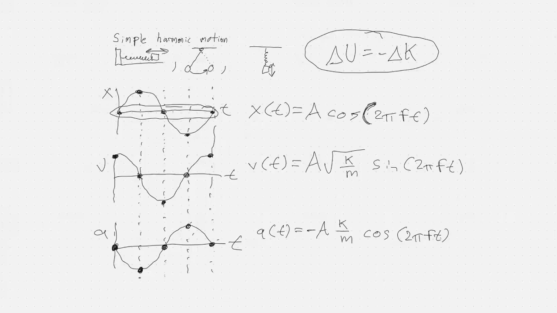And as you're going, you will slow down until you come to a stop at some maximum amplitude. And we're going to call that a value of A. So you can be at plus or minus A as your maximum bound positions. And this will proceed as a cosine function, and it will depend on time